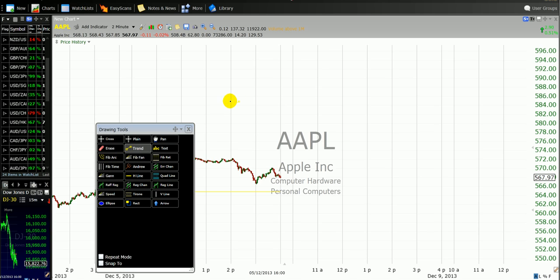So the pattern I want you to pay attention to is a pattern that some traders call the V pattern. That's the first pattern. So price starts going down from here, all the way here, and then went back up to the starting point. This is what we call a V pattern. I don't want to go too much into the nitty-gritty of the V pattern. That will be another video completely because there is more to this, and we will measure the depth of the V pattern. So price went down, how far the price went down, you see the vertical line here, and price returned back to the starting point.